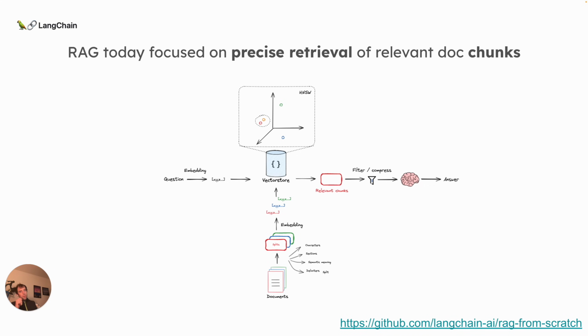So just as a follow-up on that, RAG today is focused on precise retrieval of relevant doc chunks. So it's very focused on typically taking documents, chunking them in some particular way, often using very idiosyncratic chunking methods. Things like chunk size are picked almost arbitrarily. Then embedding them, storing them in an index, taking a question, embedding it, doing KNN similarity search to retrieve relevant chunks. You're often setting a K parameter, which is the number of chunks you retrieve. You often will do some kind of filtering or post-processing on the retrieved chunks, and then ground your answer in those retrieved chunks. So it's very focused on precise retrieval of just the right chunks.